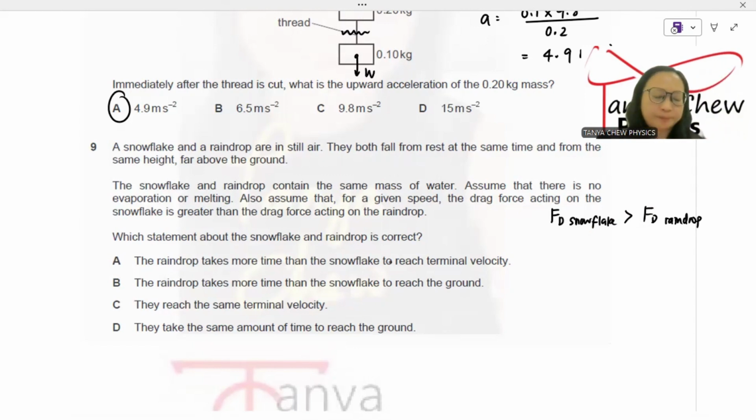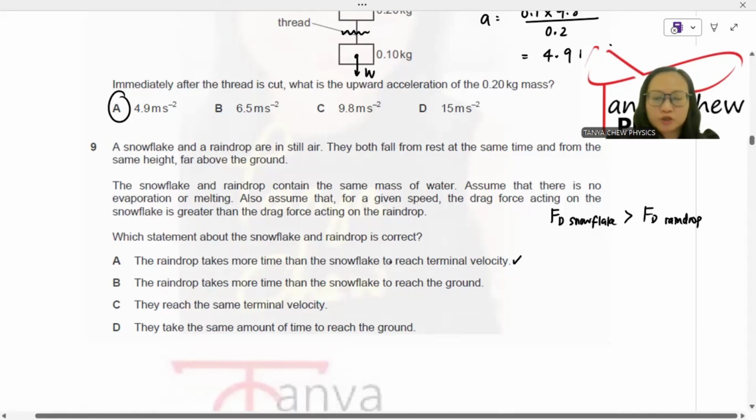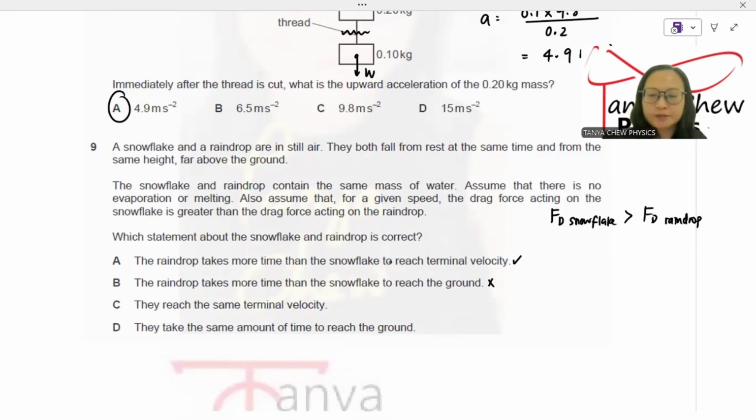Which statement about the snowflake and raindrop is correct? Now let us look at A. The raindrop takes more time than the snowflake to reach terminal velocity. Yes, that is true because the drag force, or the resistive force, experienced by the raindrop is lesser. That is why this is correct. Let us look at B. The raindrop takes more time than the snowflake to reach the ground. I would say that this is wrong, since the drag force acting on the snowflake is larger, so the snowflake would achieve the terminal velocity